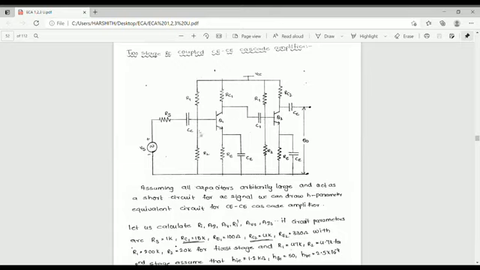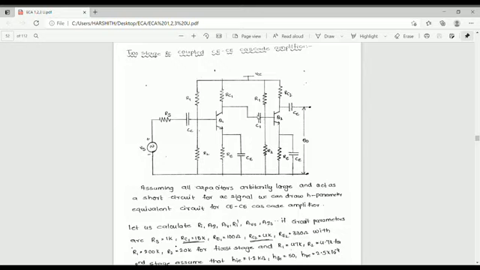In this diagram only resistors and capacitors are there. For coupling, the first stage output is given to the second stage input with the help of the capacitor. So this is the RC coupled. This amplifier is called the RC coupled, and this is the CE stage and this is another CE stage. So this is called the two-stage RC coupled CE cascade amplifier.